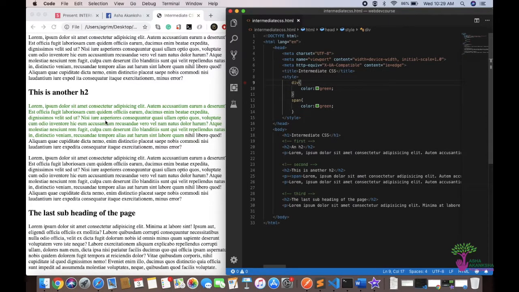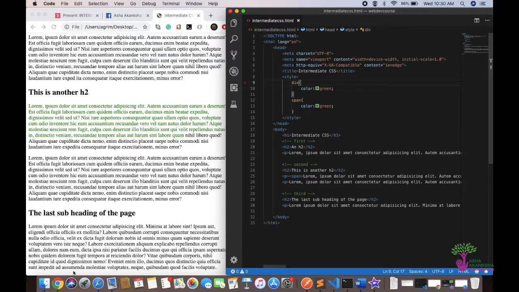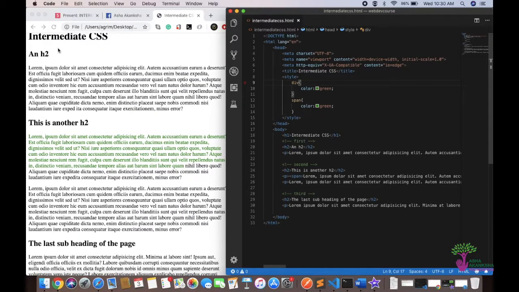So let's imagine that for some particular application, I want this to be green, I want all of this to be red, and then I want all of this to be blue, right? So how will you do that? You want to style three different things in three different ways. So how do you do that? Because if you wrap this inside of a div,